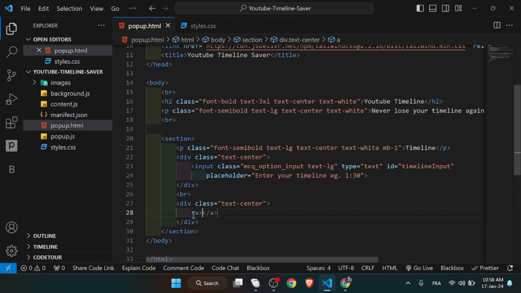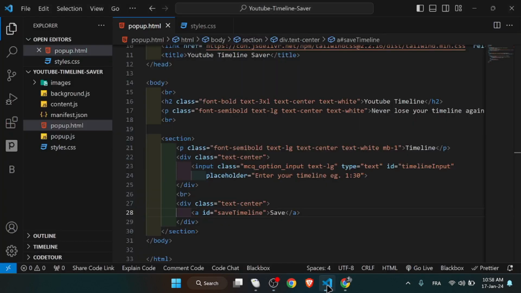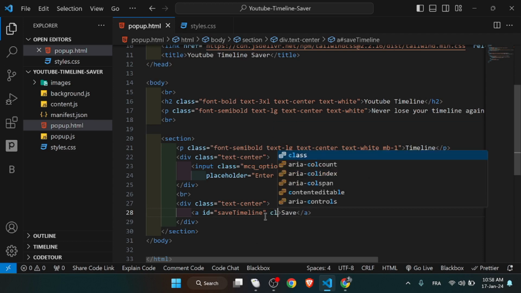The a will have an id so that we can use it to call this button in our JS. So we will just implement the id here. Id is save-timeline, and then we'll have a class of